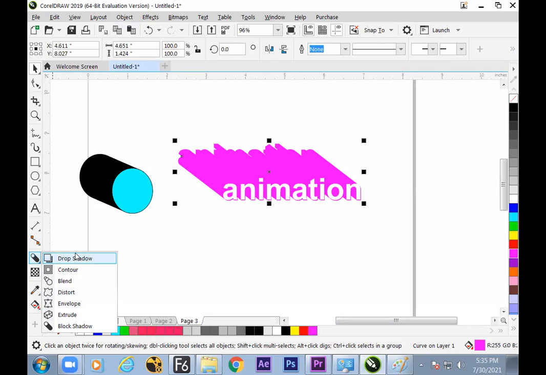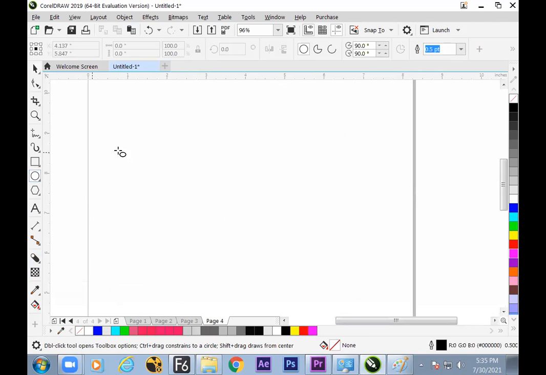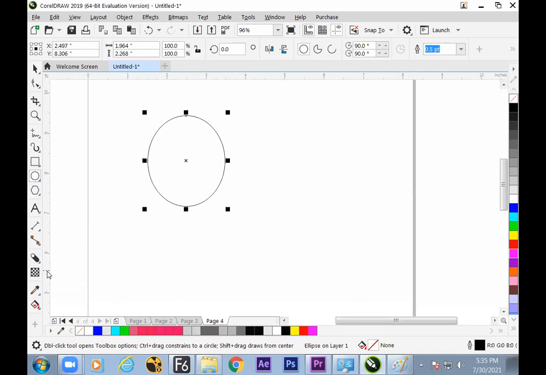What are the ready-made effects available? That is here. And in the next bunch, you can find the transparency. Already you have learned something about transparency, with block shadow as one example, making titling. Transparency is a special feature and special tool.